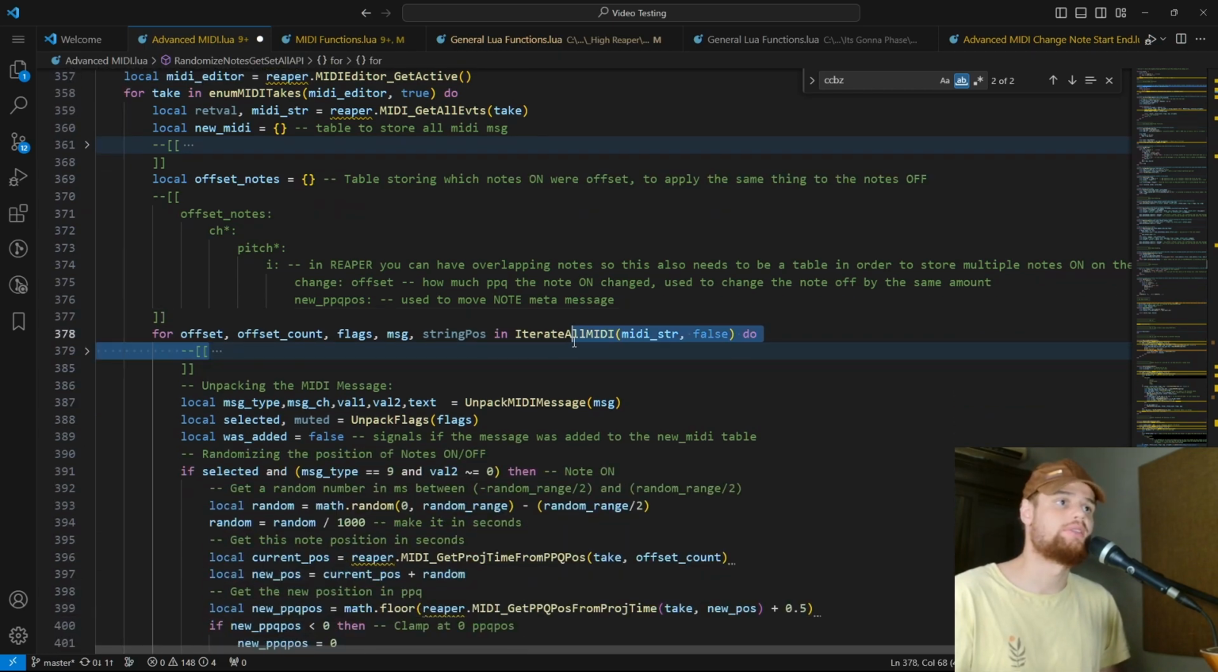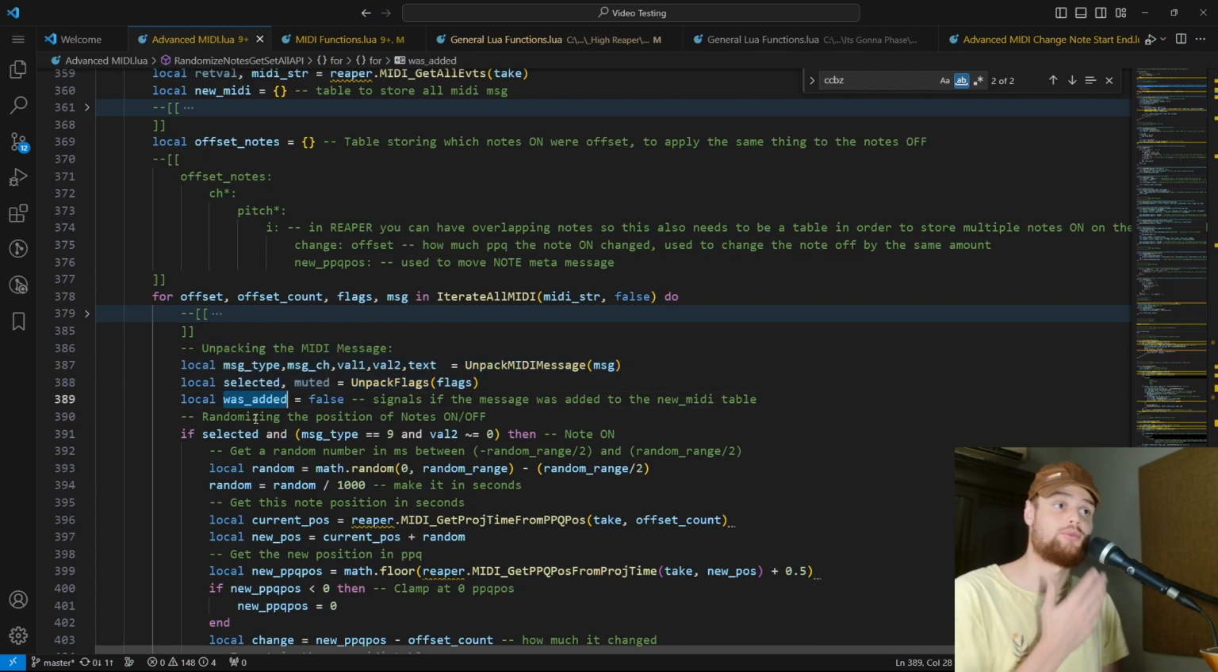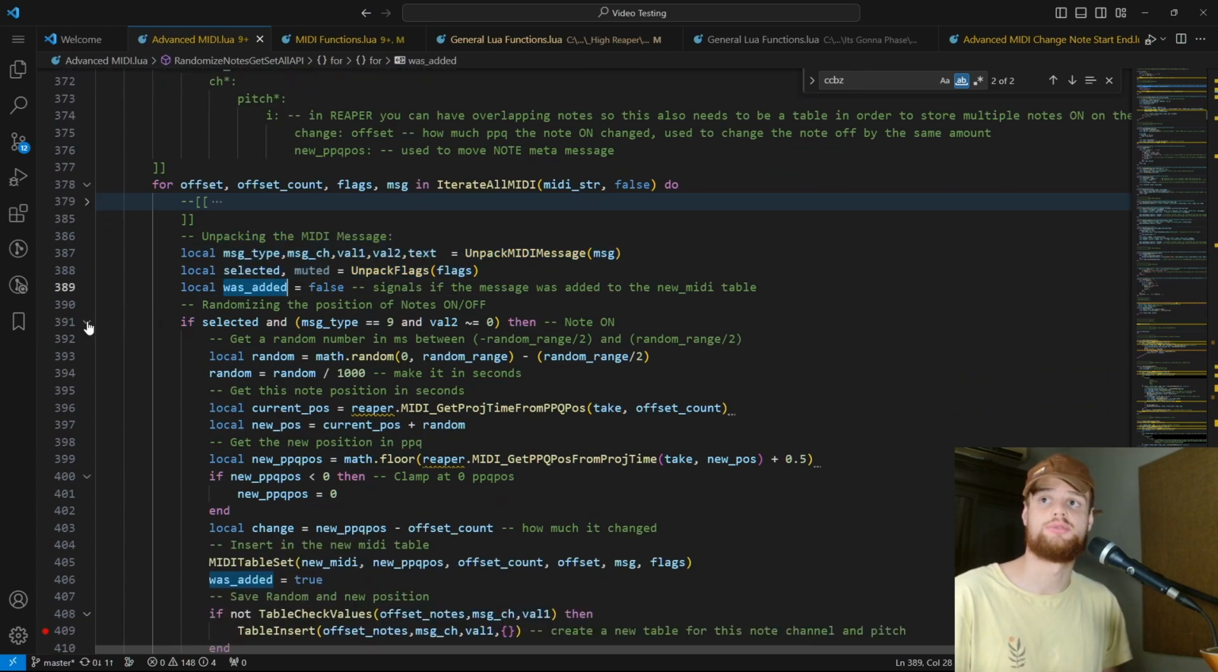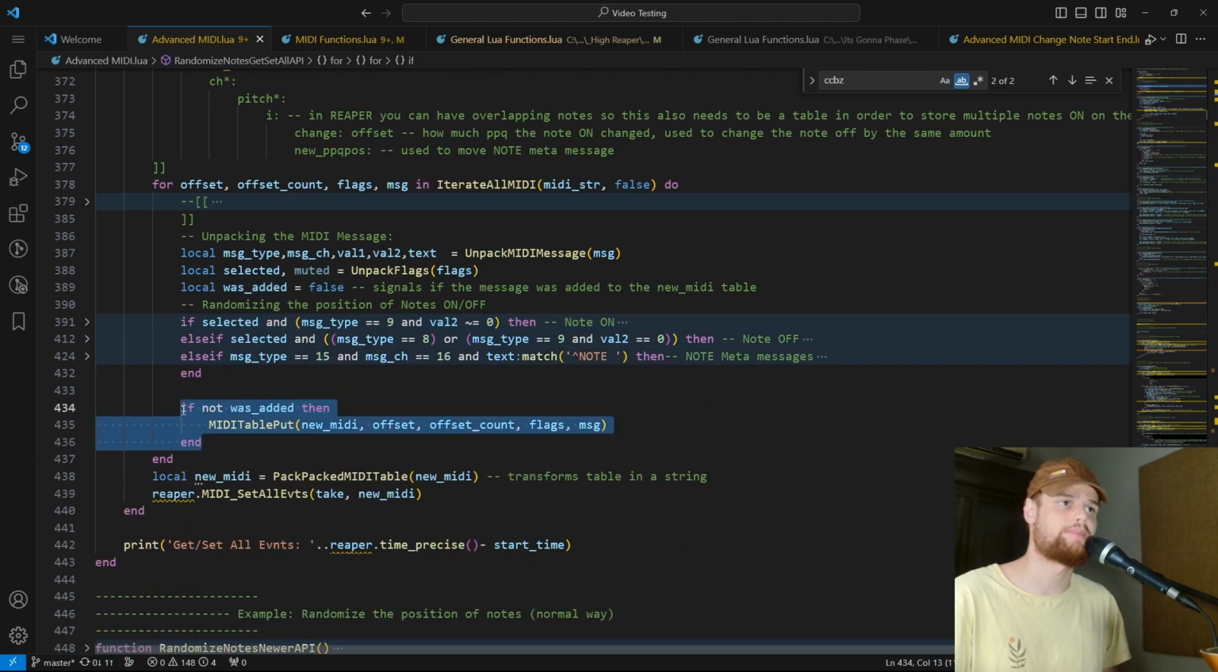So okay, let's see the first iteration. We won't use this. So same thing: offset counts, flags, and messages. First thing, it will be unpacking the message. And then it was added, same thing. If you minimize this, you'll see the same code. If not was added, put on the table. And here, this if condition has two else ifs. So the first is if is selected and it is a note on,